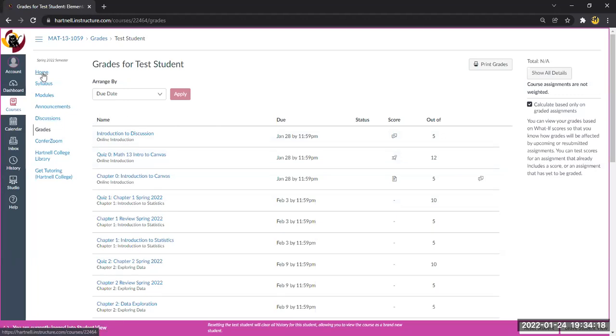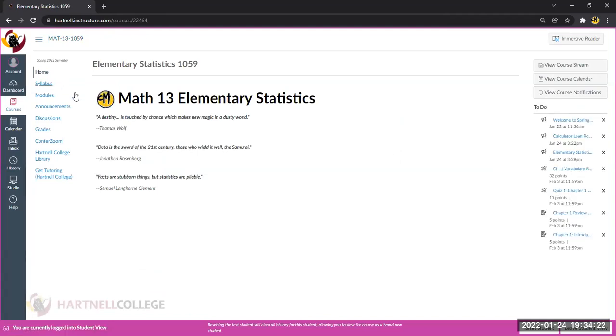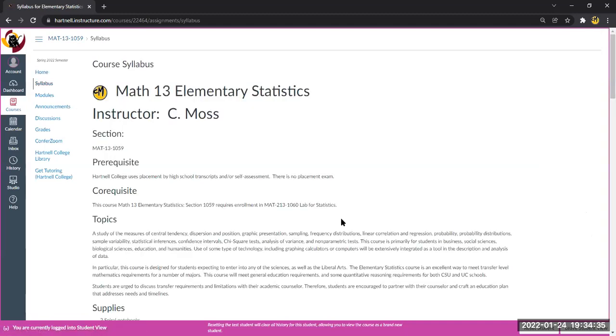I'm going to jump back up to the top and work my way back down. Your home page is just that, your home page. Hopefully there's going to be a little welcome video from this recording down here at the bottom by tomorrow. And your syllabus will take you back to where we just were. So anytime you need to know exactly what's happening or might be happening in your class, this is not a bad place to begin your search for information.